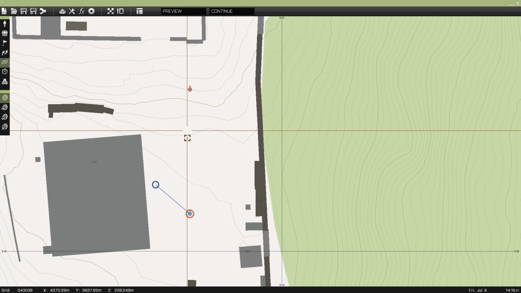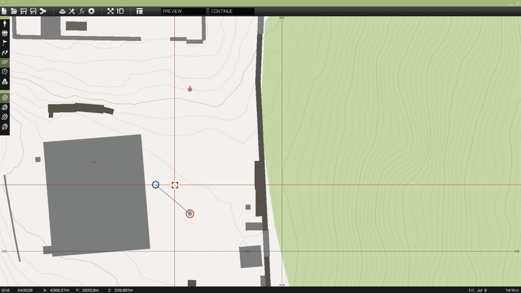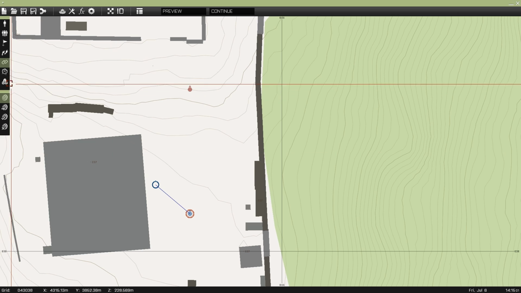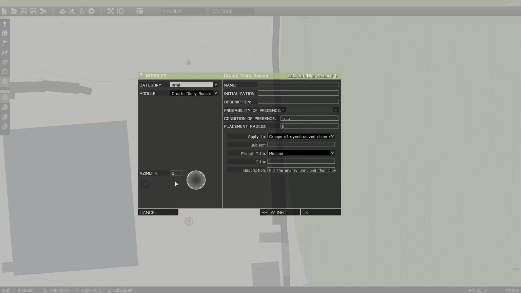Next, we are going to create the task that tells the player to kill the enemy, and to do that, switch back to modules, and then double click somewhere, again preferably close to the player, and change the module type to create task. And under task ID, we basically just have to enter any unique ID for this task. In this case, since the task is to kill the enemy, we're just going to type KillTheEnemy all in one word. I prefer not using spaces in the task ID. So basically I just capitalize the first letter of each new word, and then in the title just type kill the enemy,